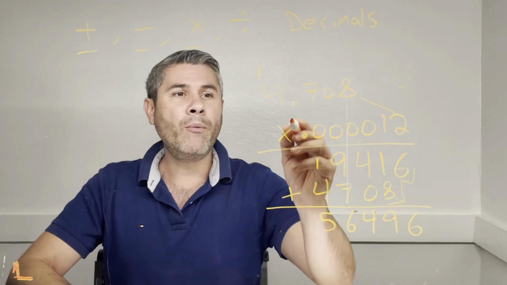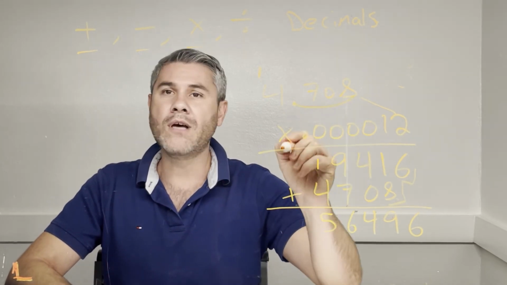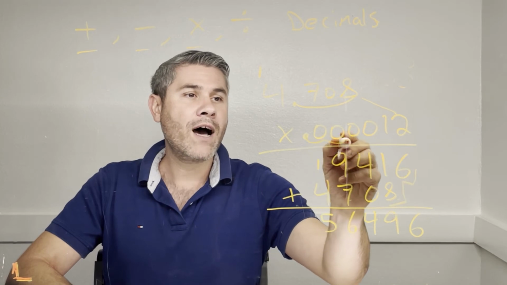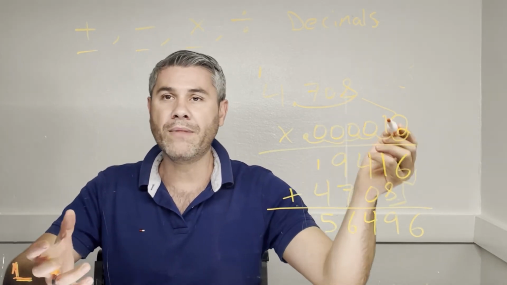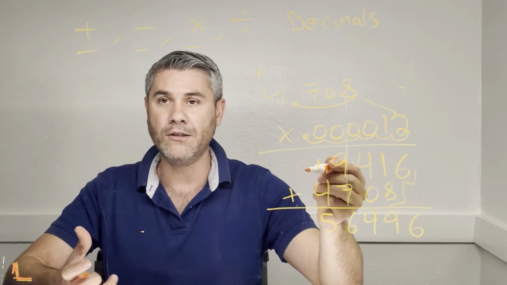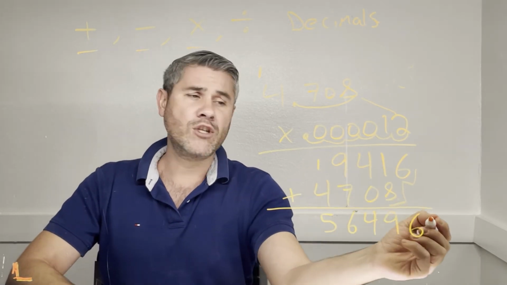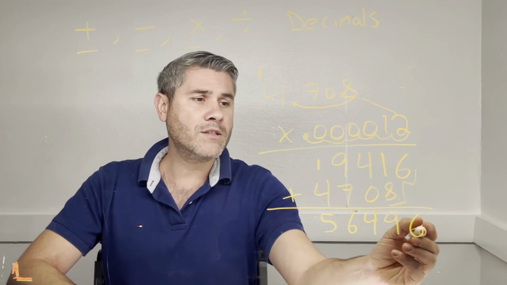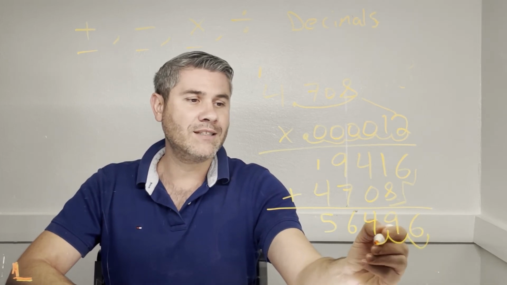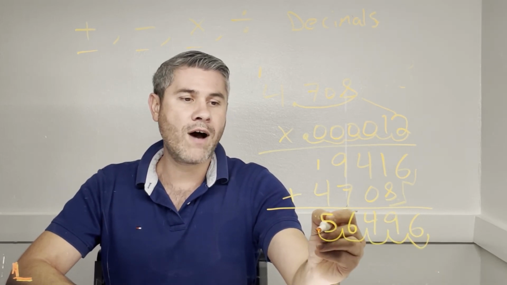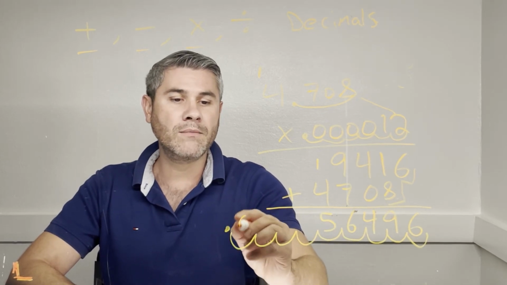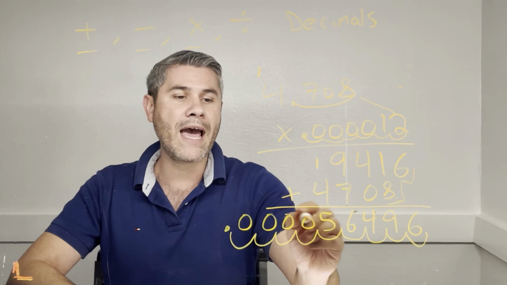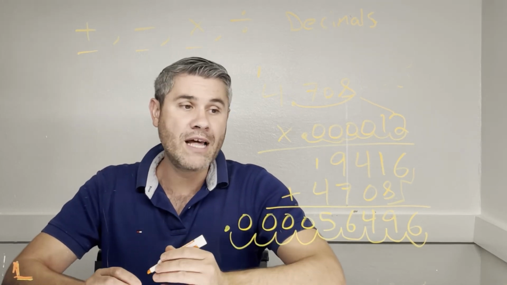Now finally, how many decimals do we have in total? 3 on the top, and 4, 5, 6, 7, 8, 9. So 9 in total: 6 on the bottom and 3 on the top. That gives us 9 decimal place values. So what are we going to do? We start from right to left and scoot over 9 times. So 3, 4, 5, 6, 7, 8, 9. You place your decimal and you fill up the gaps with zeros. So your right answer would be